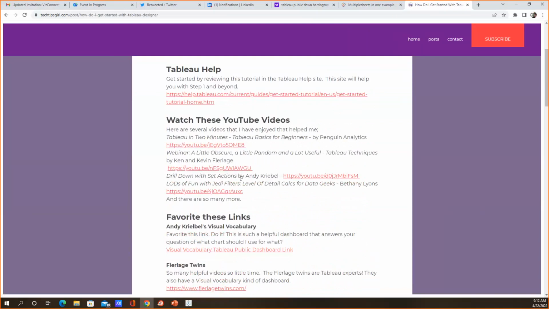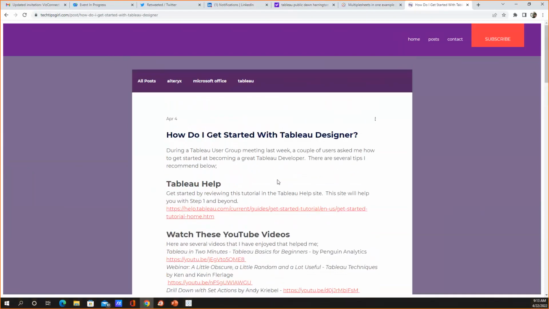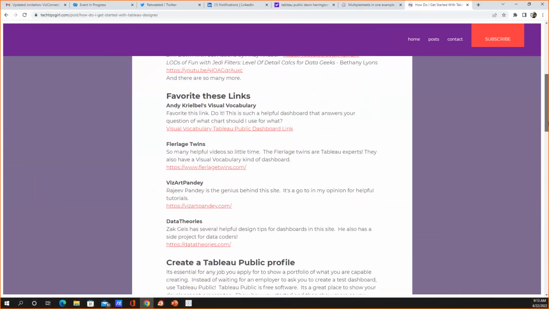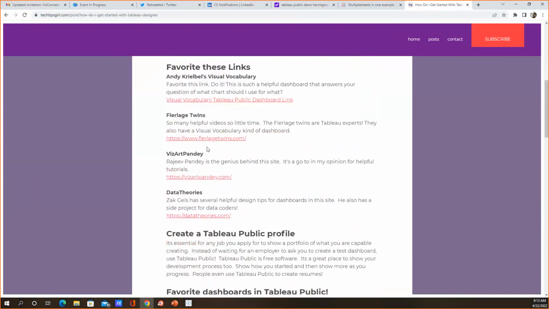Drill down actions and sets is very important to know. So you can see there's beginner users and there's a lot of random and helpful techniques. Kevin Flerlage, follow him if you can on Twitter, on LinkedIn. They have their own site, the Flerlage Twins. So favorite those. Favorite Andy Kriebel's Visual Vocabulary, like I mentioned, the Flerlage Twins. VizArtPandey is another one that I follow. Zach Geis, my manager, has